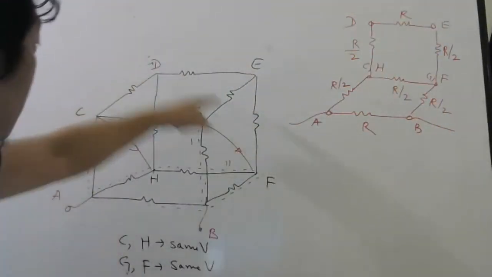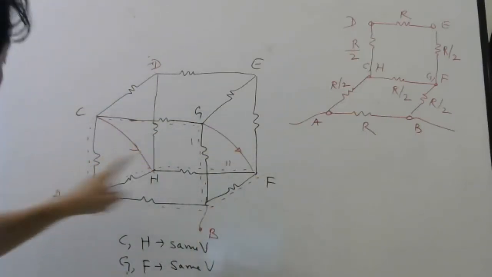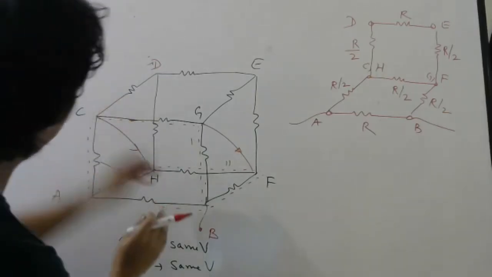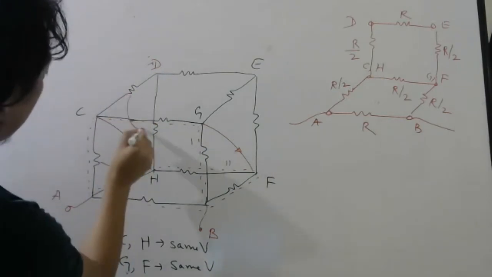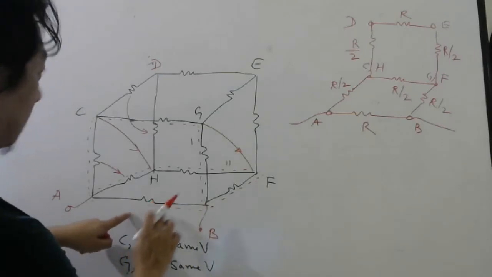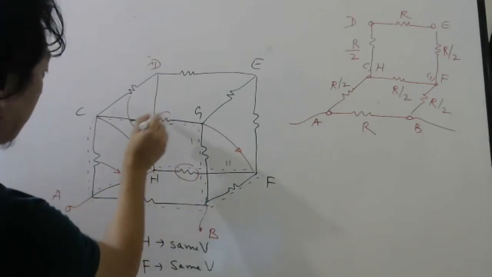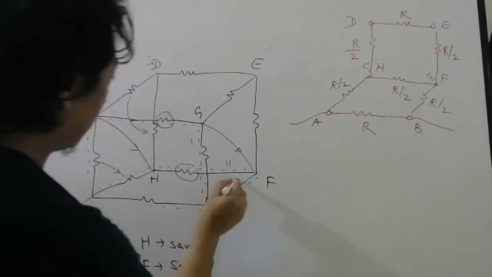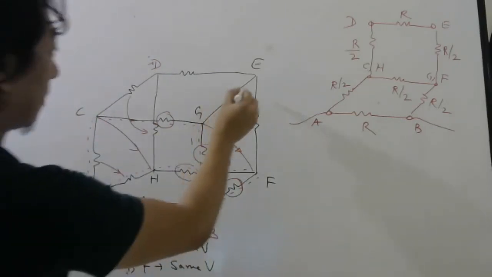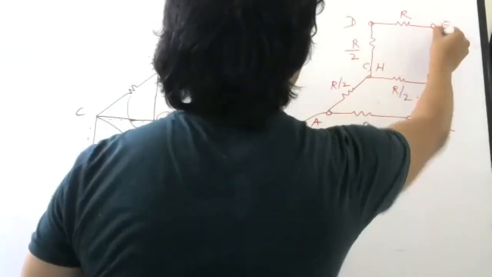But that is not coming to parallel with anyone, right? So these two go to parallel. These two go to parallel. This, once you smash it, this and this will come to parallel. This and this. Similarly here, did I miss this part? No, this part and this part will also come in parallel. This part will come in parallel with this part. This part will be left. So this is how your circuit will look.